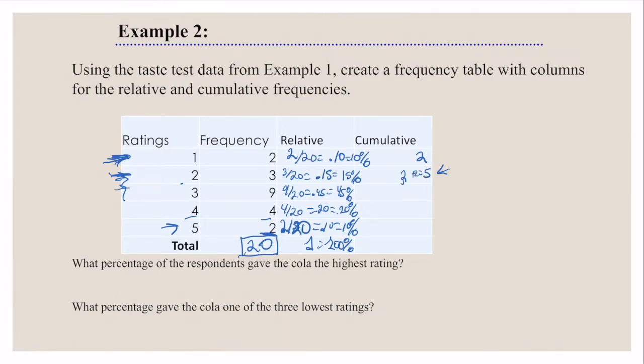Then for a rating of 3, we take 9 plus 3 plus 2, the sum with everything above it, which is 14. Then I've got 4 plus 9 plus 3 plus 2, which is 18. Then I have 2 plus 4 plus 9 plus 3 plus 2, which is 20, right? It should add up to the